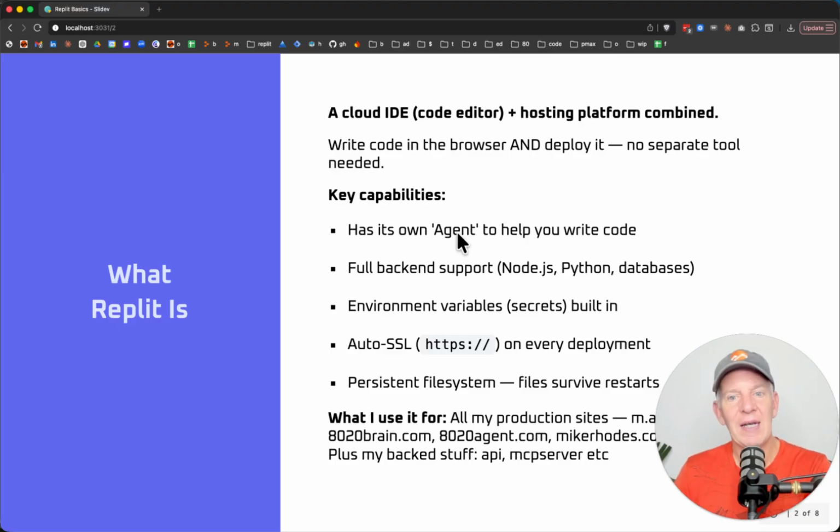So there is a little agent in Replit. So you can ask the agent questions and it will write the code for you. Beware though, that is a very expensive way to do things. I don't use that. I do all of the coding side of things inside of Claude Code, in the Brain, in Cursor. But it is an option. If you get really, really stuck with something,